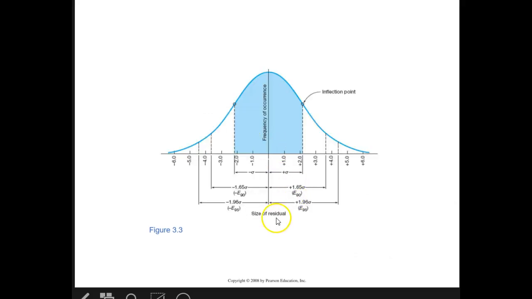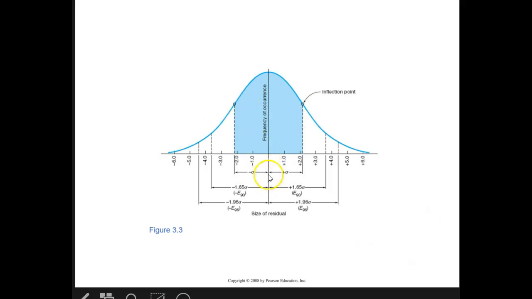This slide is a little bit more mathy once again. This Greek letter sigma is referred to as a standard deviation. And this is sort of what we were talking about. Here in the middle, you have the maximum number of occurrences and you have the average occurrence. And you come down to a point called an inflection point, which basically means that the concavity, or the curvature of this curve, switches. So it's concave up and then concave down, or concave down and concave up, depending on how you look at